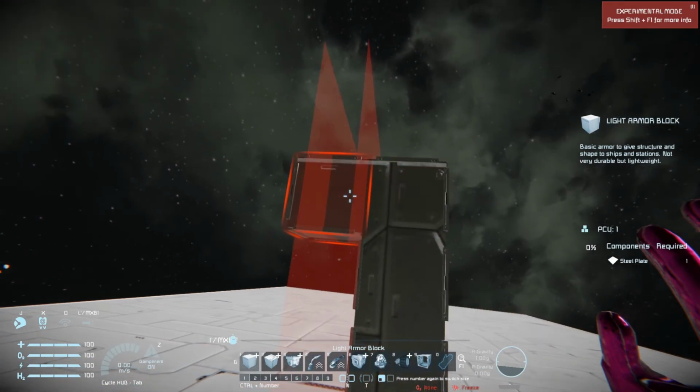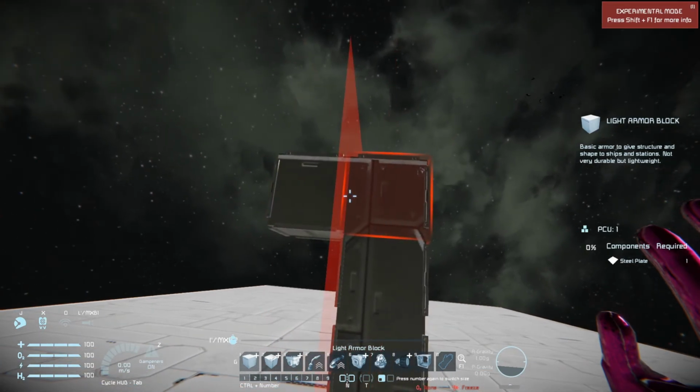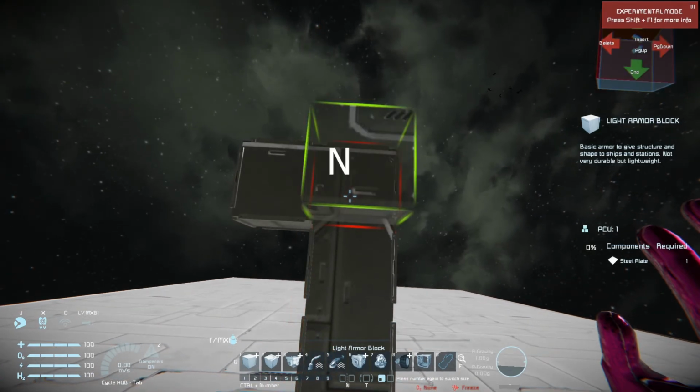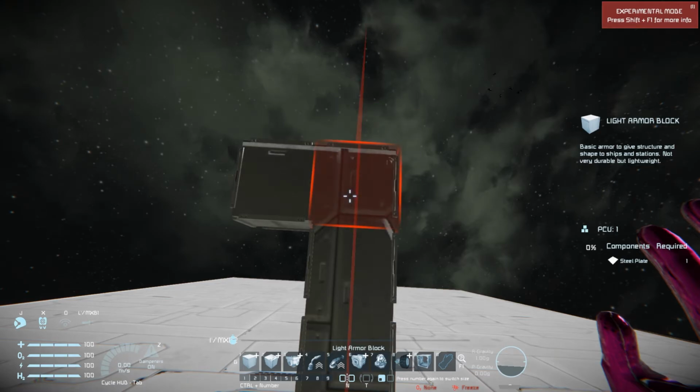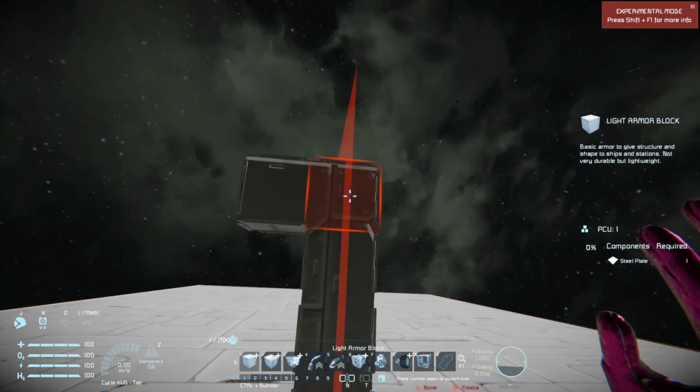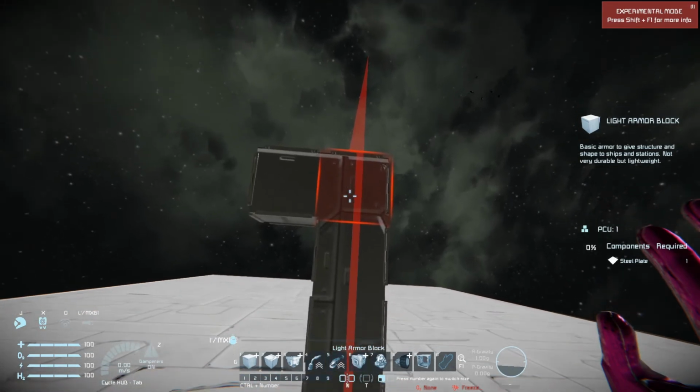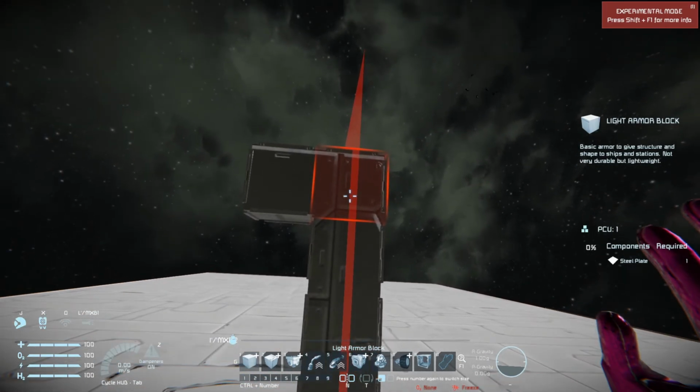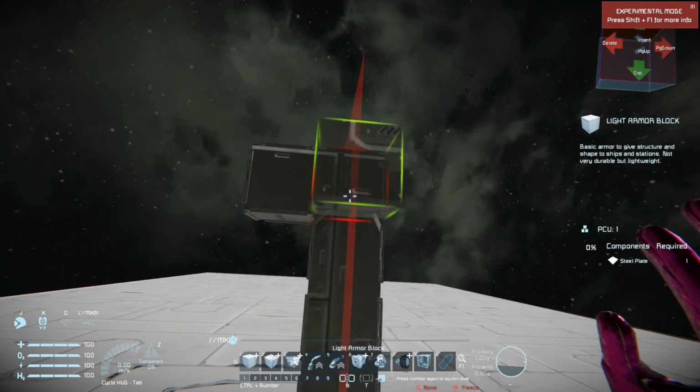So I'm going to go ahead and go back into the symmetry mode. I'm going to clear that, and I'm going to push N and then N once more, and then M to bring up the planner so that I have 1 block building, like 1 block spine. Now, how you select that and actually start building is you want to hit N once and then N once